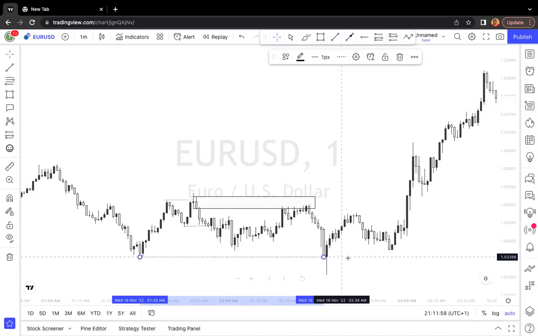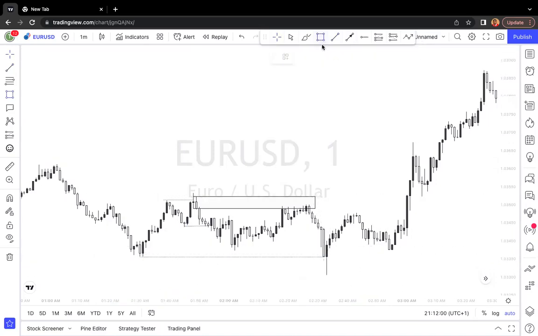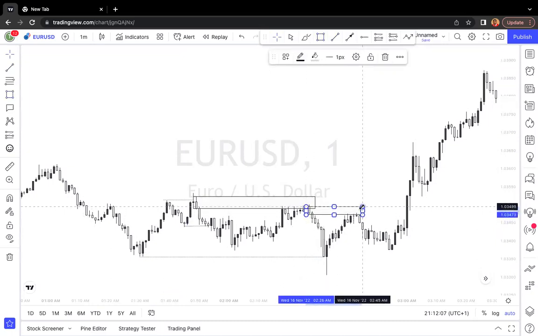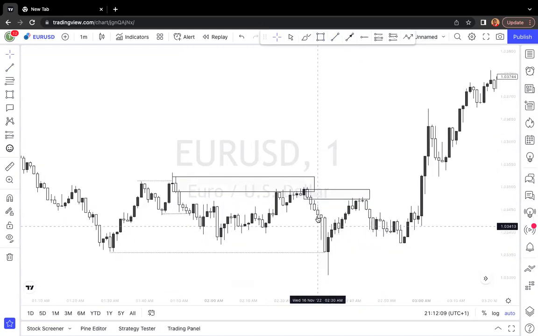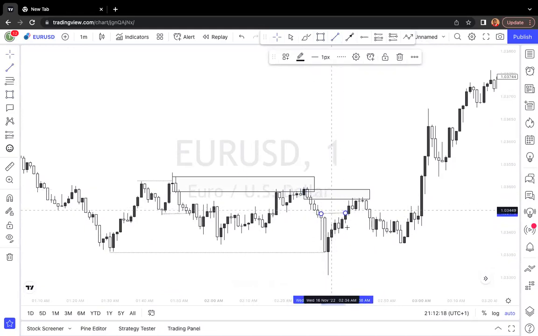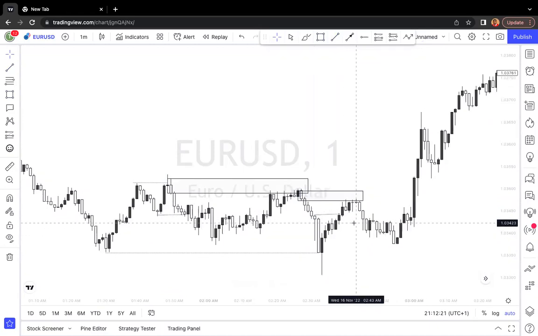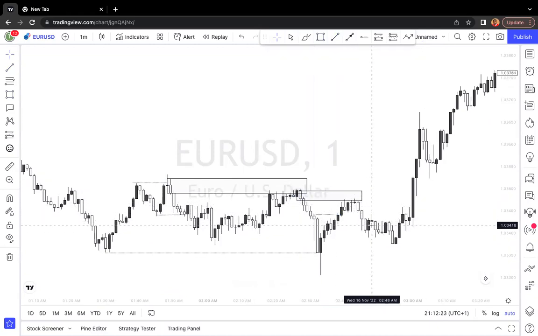So anybody who saw this at the time would be looking to take new sellers from inside of the internal range, or the breaker block, or anything you want to use, or this extreme, because that was the closest to price. We didn't have any internal liquidity here to take, unless you wanted to play from this area. If I was going to play from this area, I would still have my SL covering this high. So price came to that point, tapped this area, and gave us signs of bearishness that we are going to go down. But then it aggressively left the area. Can you see that? Aggressively left the area.